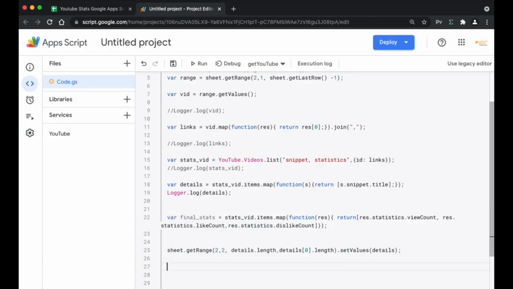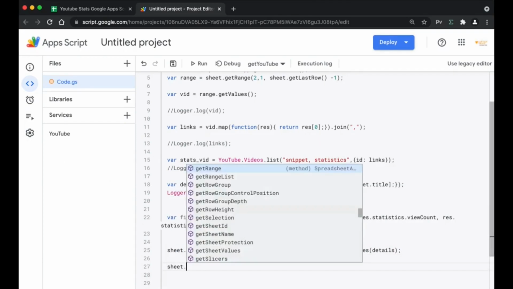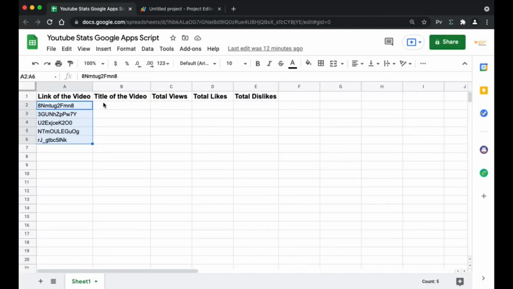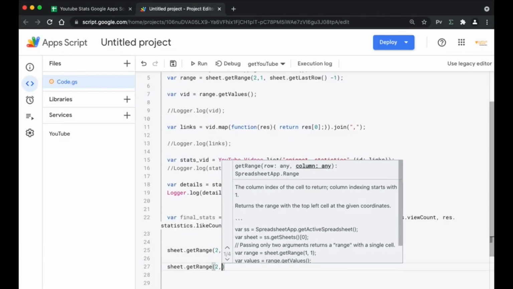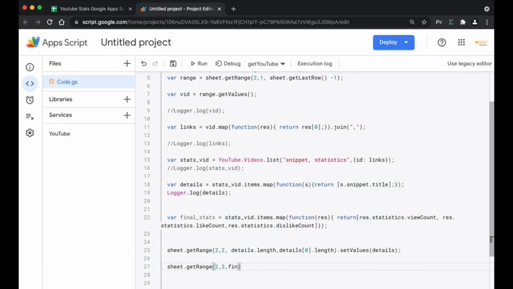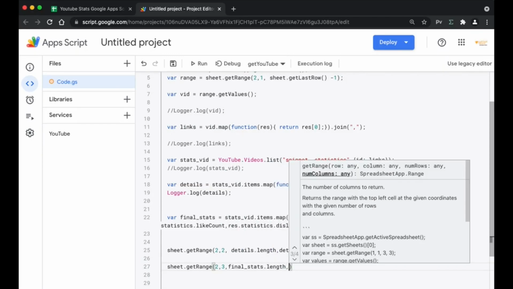Now we're just going to add the next one. So sheet.getRange. We'll do the same thing. It's going to be the second row but the third column. So let's go back here, second row, third column, and add a comma, and now we have to use the final statistics variable that we had created, final stats, and the same thing, final stats.length.